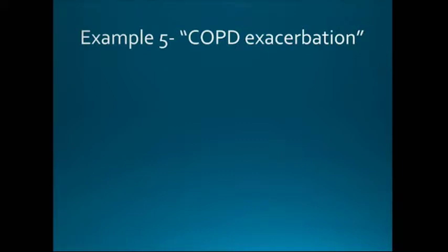Two more inpatient examples. So here is the COPD exacerbation. A guy who was admitted for respiratory failure. He was admitted a week ago for COPD exacerbation. He had an extensive smoking history, but no diagnosis of COPD. This was considered his sentinel event, COPD exacerbation, which always makes me suspicious. But he had hypoxia, was hospitalized for a couple days, got a couple nebs, steroids, things like that, was discharged,